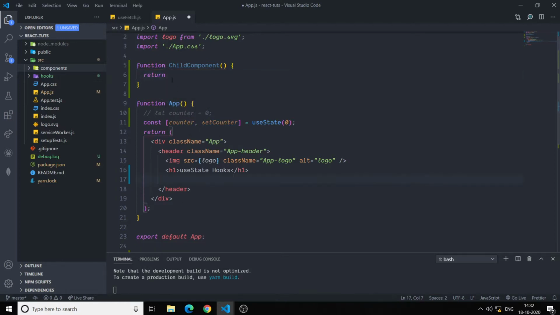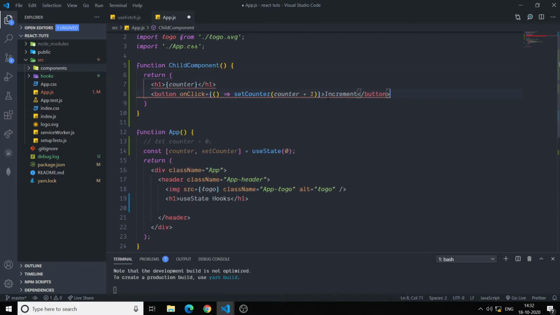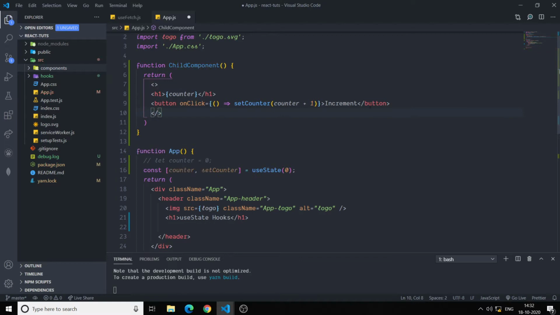Instead, I will make it a separate component, and since we can return only a single element inside a React element, we will wrap it with fragments.